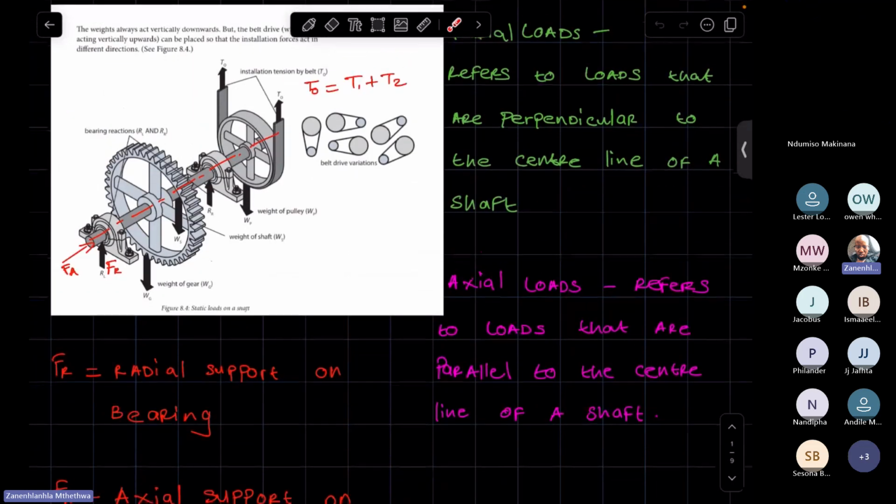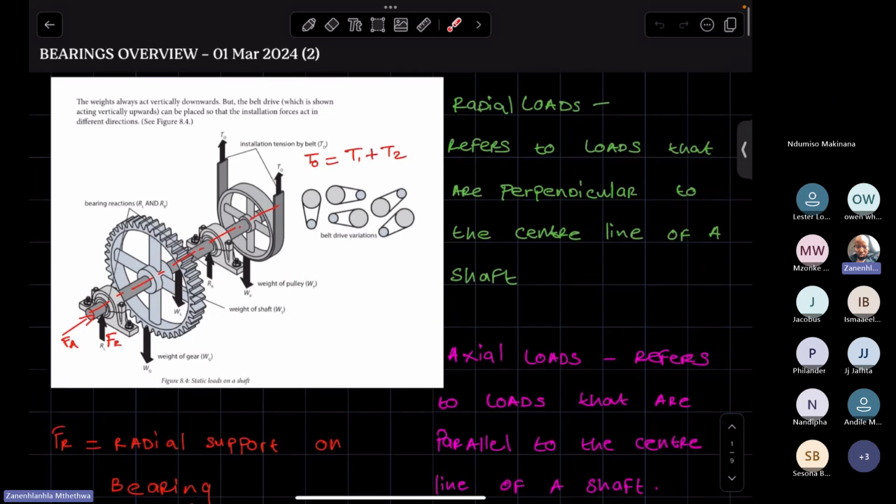Now, regarding the kind of loads that we can expect, of the loads that are radial or axial loads, we get two main types of loads. We get static loads, and then we get dynamic loads. For instance, if we look at a belt drive,